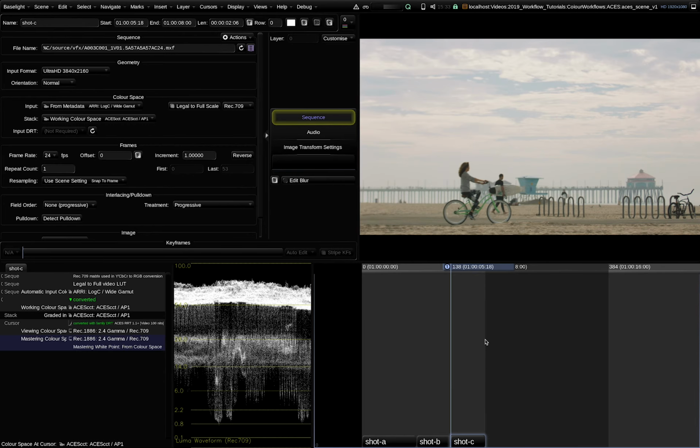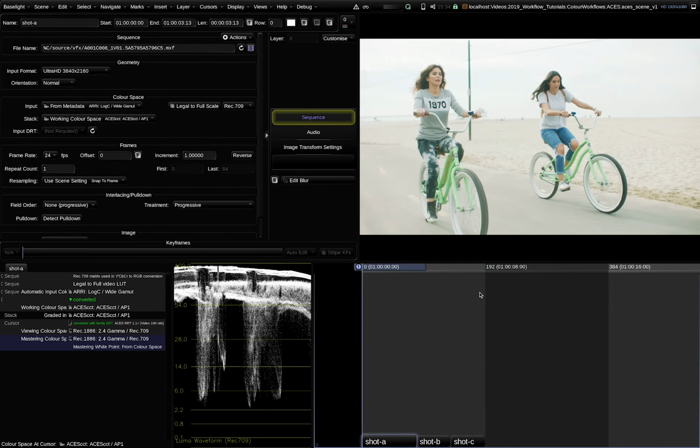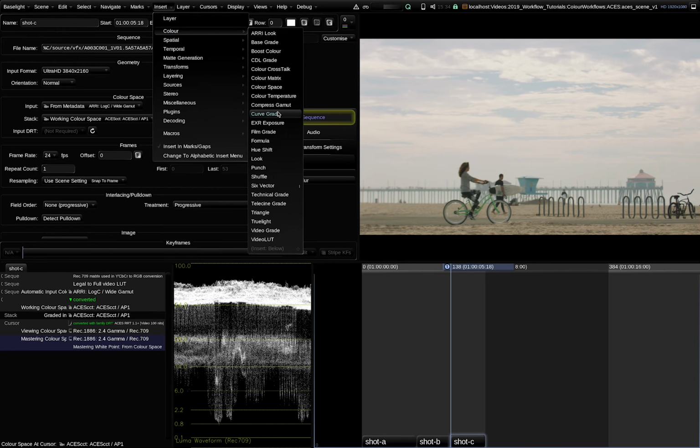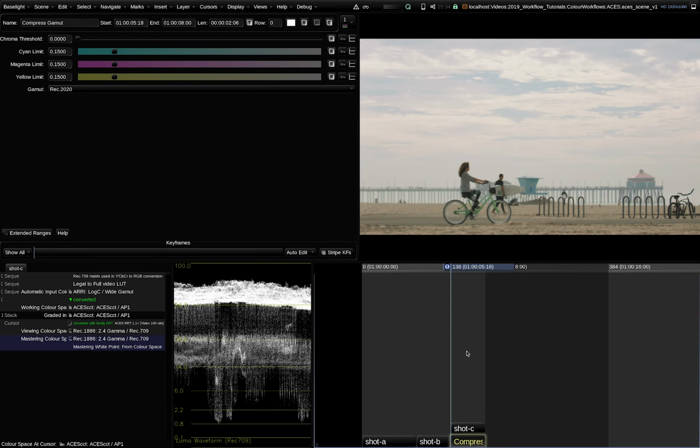Let's prepare and export some shots for visual effects. I have 3 ARRI shots in my timeline. The first thing I suggest is putting a compress gamut operator on the shots. The visual effects operators will probably work in AP1 color gamut, and their tools might be disturbed by negative code values. That's why I set the target gamut here to stack color space, which is AP1 from the ACES CCT